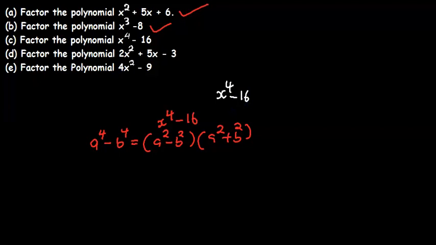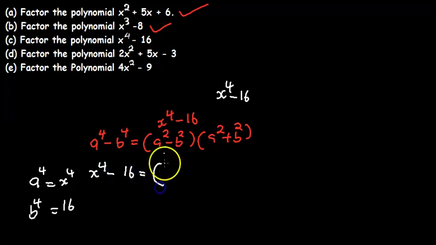In this case, we can set our a to be x. That is, a to the power of 4 is what? x to the power of 4. And b to the power of 4 is simply going to be 16. Then we substitute our values. If a to the power of 4 is equal to x to the power of 4, this is simply going to be x^4 − 16, which is equal to the bracket of